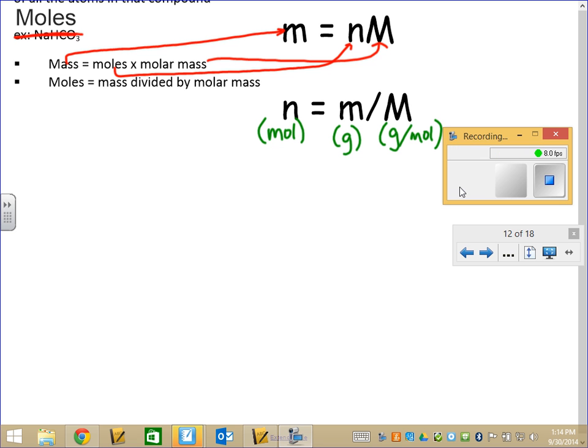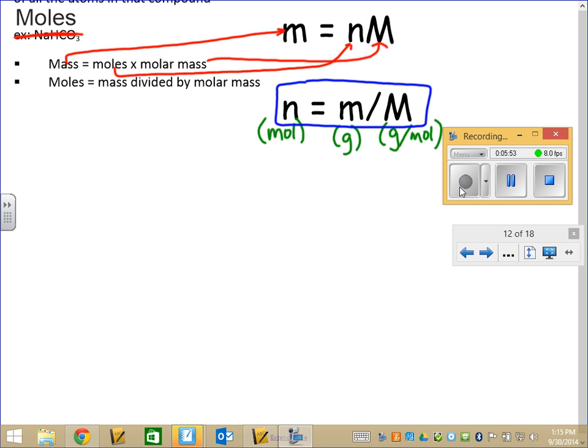So let's take a second. The first thing that I'll say about these formulas is that if you look on your formula sheet, you will see this one. You won't see the other one on your formula sheet. And that's because they're not actually different formulas. It's the same formula rearranged to solve for a different part. And so the first thing I'd like to do is show you how to get from one version to the other so that when you're doing this on an exam, you can take that formula that's on your formula sheet